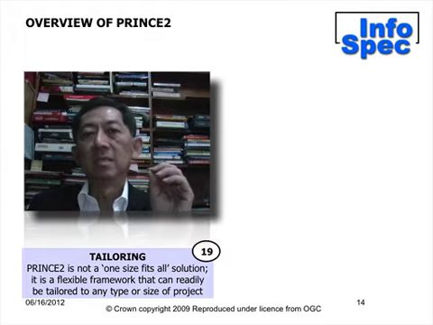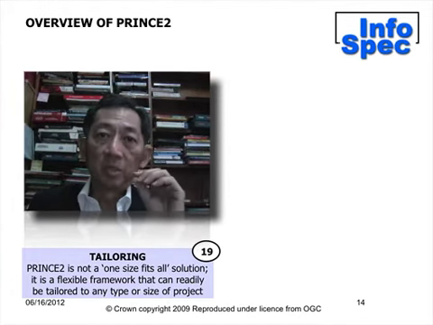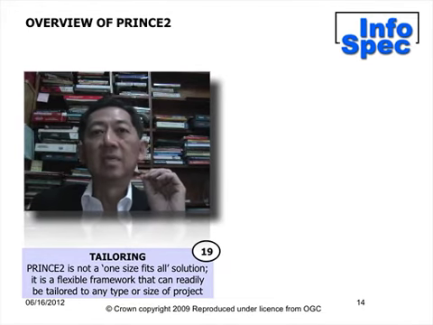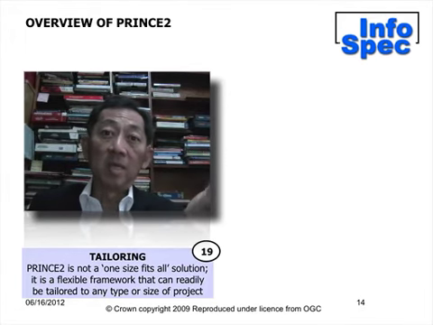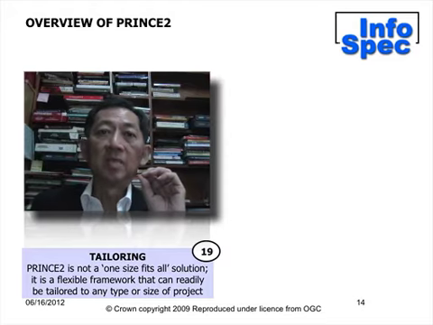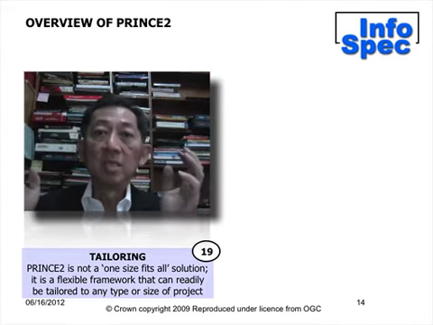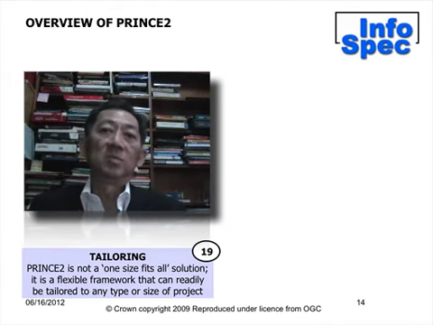So a certain degree of tailoring is required, and that's why even with Prince2, some experience is needed in running a project. Prince2 is specified in a very flexible way, so some parts of the specification need you to have some idea of what you are going to do, because Prince2 doesn't tell you every single step of the way exactly what to do,